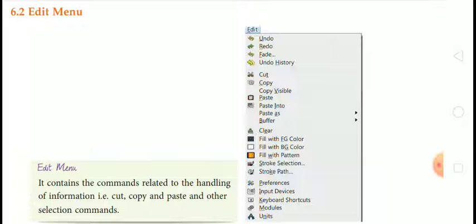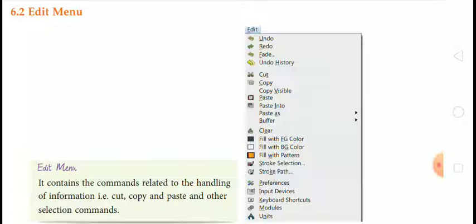Which means when you click on the edit menu, you are able to see the cut, copy and paste options and also other selection commands within this menu.